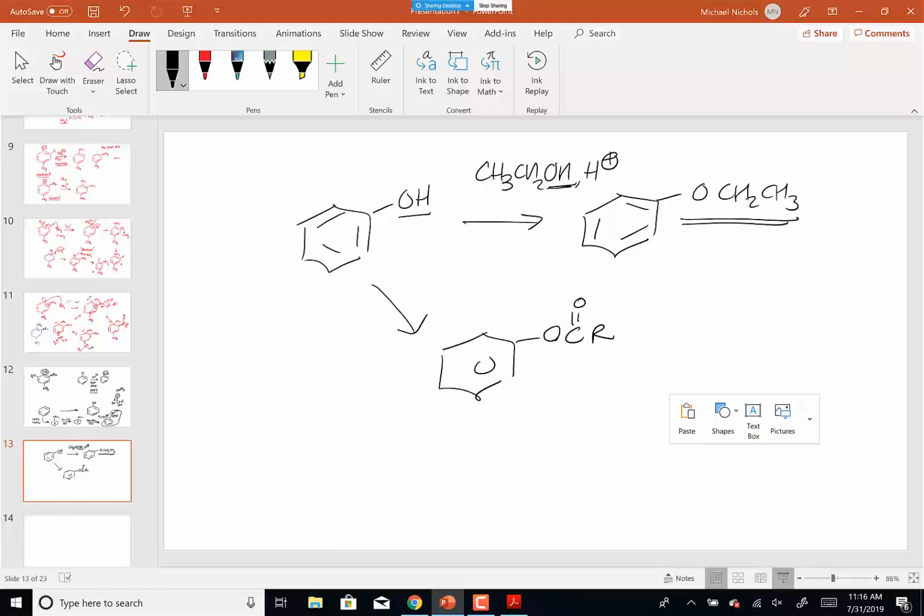I was thinking ether synthesis. Williamson ether synthesis, that sounds familiar. So if I wanted to do Williamson ether synthesis, what should I do? I should convert the OH to an O minus. And then I react the O minus with